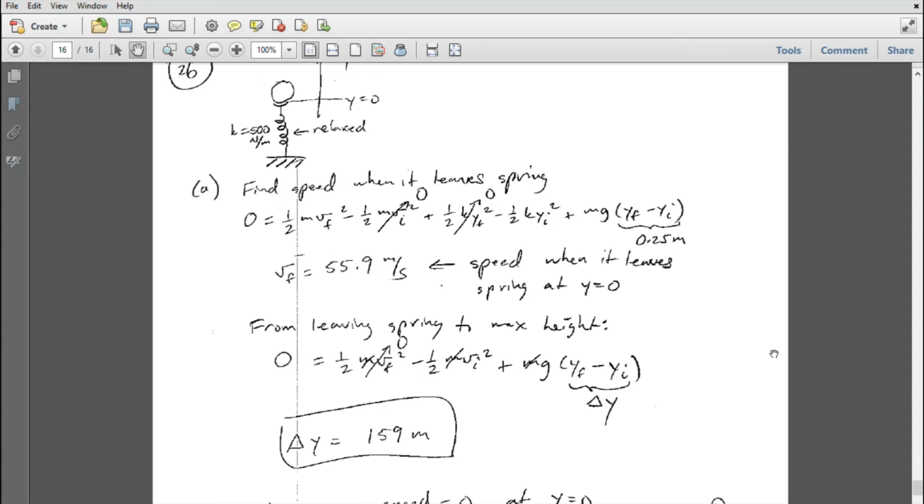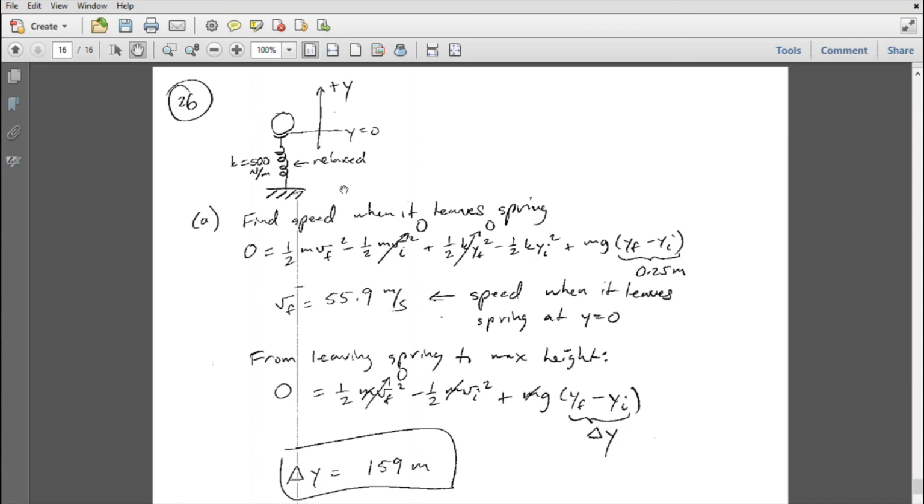So here I'm going to take my system to be the ball plus Earth. Spring and gravitational potential energy are those forces are internal forces, so we'll associate potential energy with them. Since I'm going to call plus y upward, let's write the spring potential energy as 1/2 ky squared, with the convention that y equals 0 is when the spring is relaxed. That's what the picture is indicating over here. Okay, and in that case, on the way from its initial compressed position to its final position, it starts at rest,